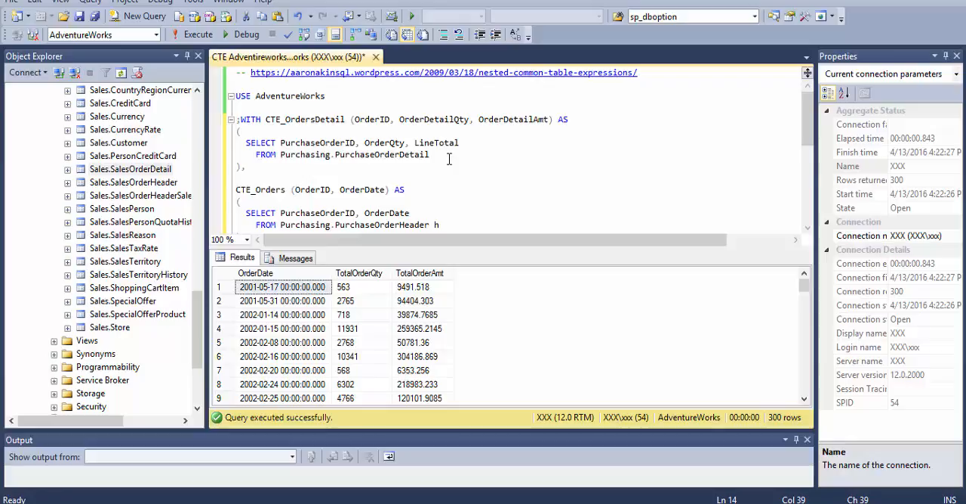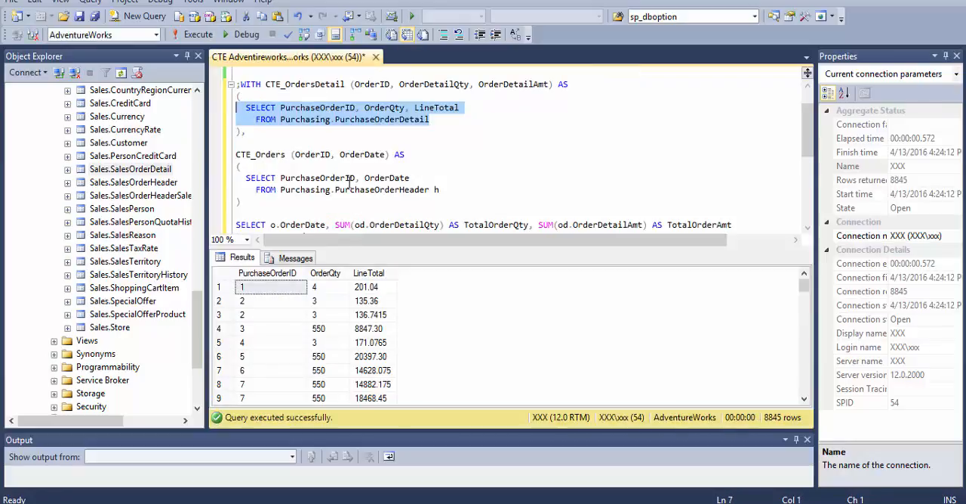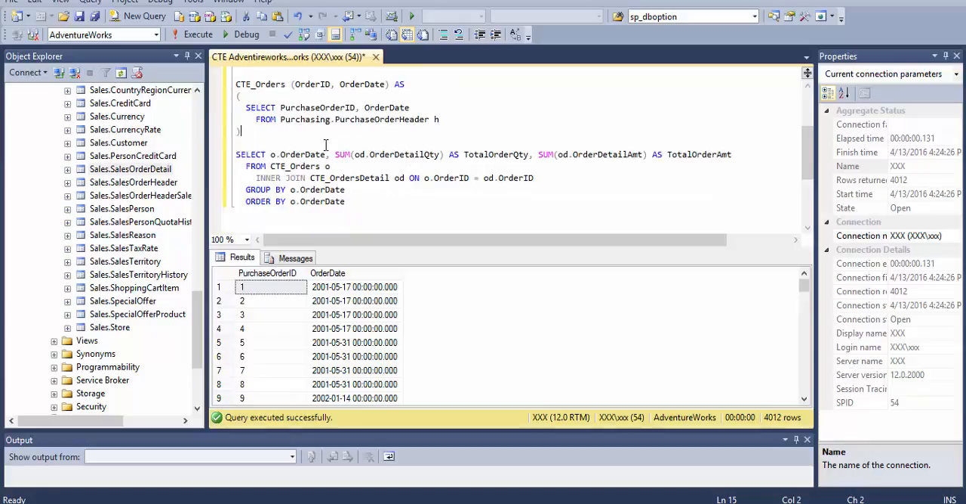If you look closely, these queries are all independently complete in themselves, so it's easy to read. This is the purchase ID, order quantity, and line total. This is the order detail. The order quantity and the purchase ID, and if we look at the next one, it's purchase ID and order date. Then we are using the group by after pulling down everything. So select the order date, sum of order detail as total order quantity, sum of order amount as total order amount